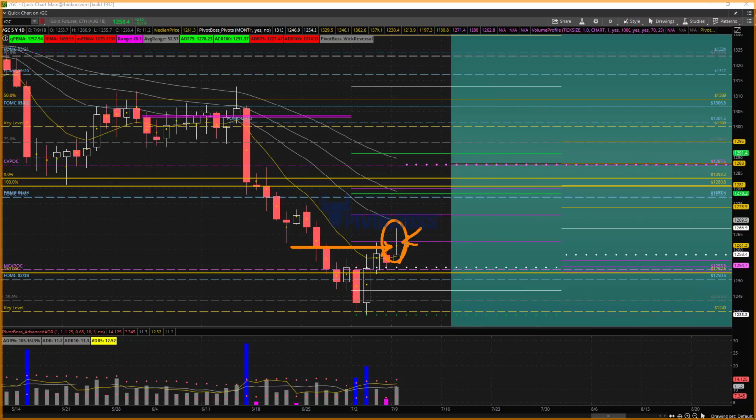Any pullback into say 1260 to 1262 could be an opportunity for bears to defend and try to retest lows. If this down move is going to fail, it's going to be as a result of rejecting down here. Higher low, lower low failure, something like that. Otherwise, this thing could just rip lower. And again, below 1240 opens up